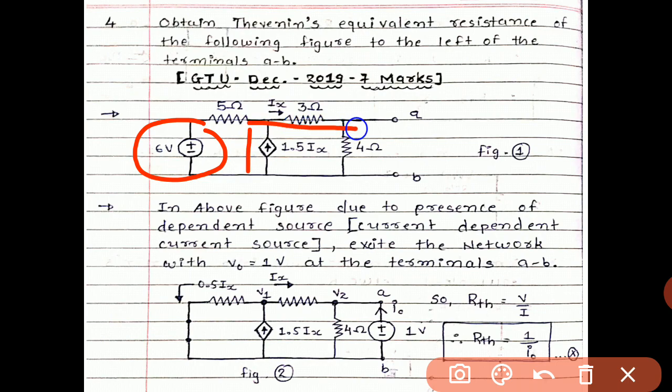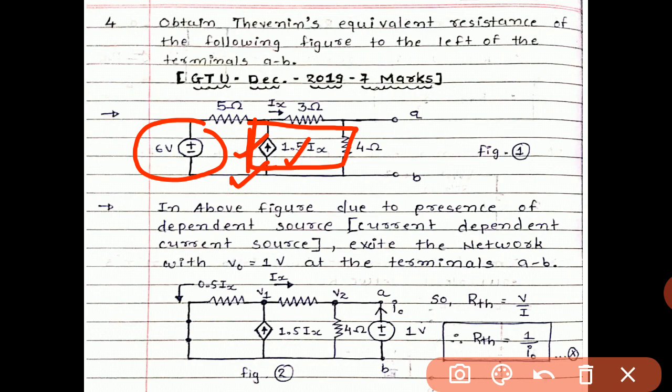The dependency of this source is on a current, but there is no independent current source provided in this circuit. So in the above figure, due to the presence of the dependent source, which is a current dependent current source,